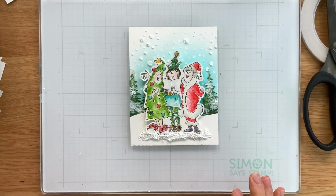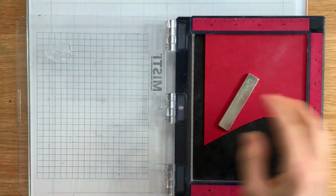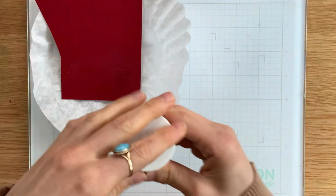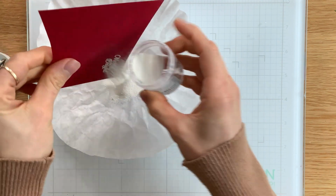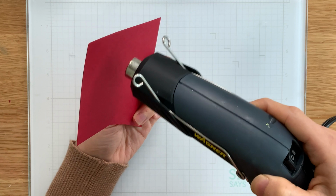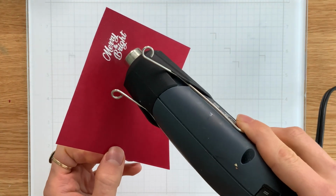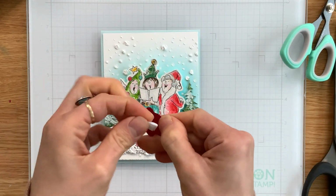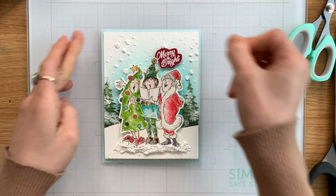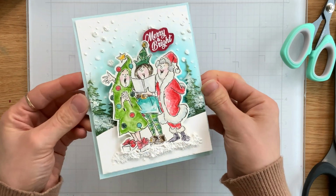I decided to place this onto a surf card base from Simon Says Stamp, and then added a sentiment from the stamp set onto some red cardstock. This is Schoolhouse Red. I used white embossing powder to emboss that greeting, so that's going to be a nice bright white sentiment on top of this red cardstock that goes really well with the colors of my card. I just fussy cut that sentiment out and put it on top of my card with a bit of foam tape. And that's it. That is the finished card that I made with the Fab-yule-ous Friends stamp set,